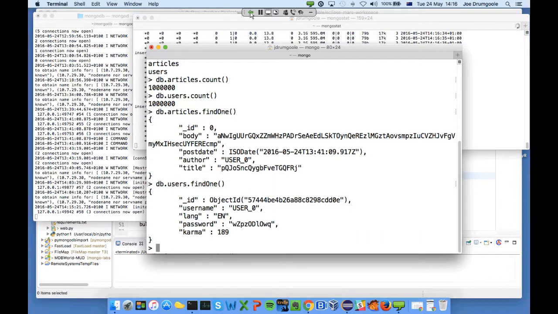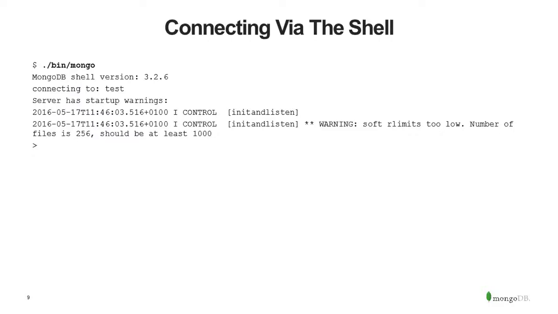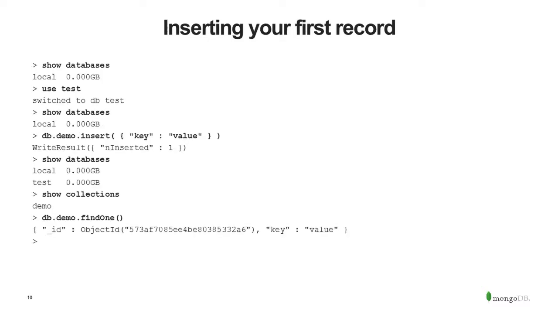So I'm just going to go back to the deck now for a second. So we've connected via the shell. We've looked at databases, and we can see that we can interactively connect to the environment. And we can see that this database, db.demo.find1, has this strange ID object. So when I inserted it, I show databases, then I use test, switch to db test, then I do show databases to see that there's only a local database. Then I do